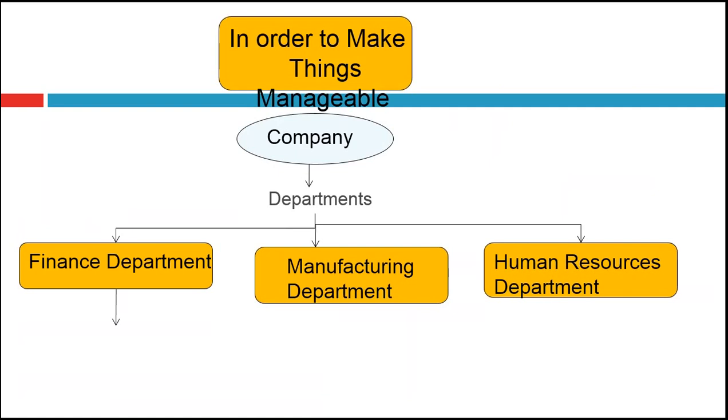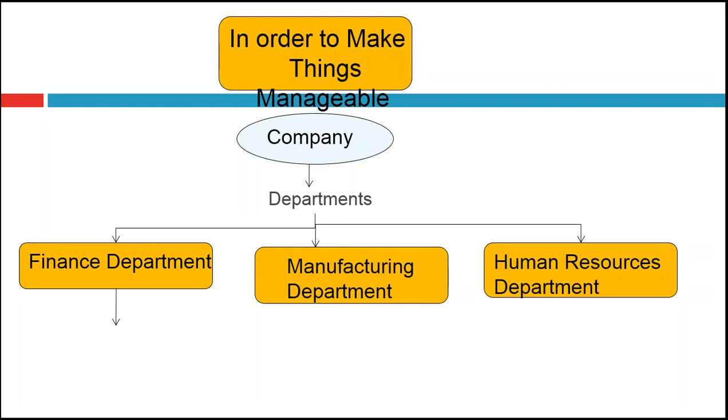Consider the olden days when systems were not implemented. How would these departments communicate with each other to know the status? For example, if the finance department wants to communicate with the manufacturing department to know the status, what modes of communication do you think they had when they didn't have systems in the olden days? They used to communicate through phone calls, or an individual in person had to go there to know the status. Due to this, the company is going to lose time, money, man, and material, and in the worst cases they might lose their customers.